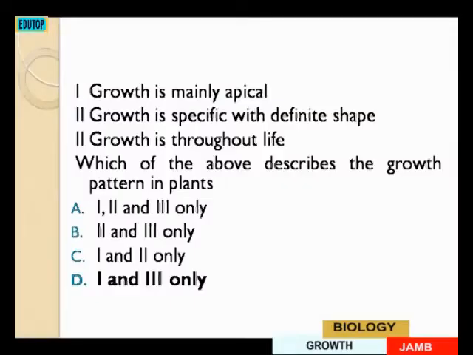So growth is mainly apical in plants, whereas in animals all the parts grow together. In plants, it grows at the apex. But in animals, the parts grow together and develop at different rates. In plants, growth is mainly apical, that is at the apex, at the tip. So that leads us to option D, 1 and 3 only, which says growth is mainly apical and growth is